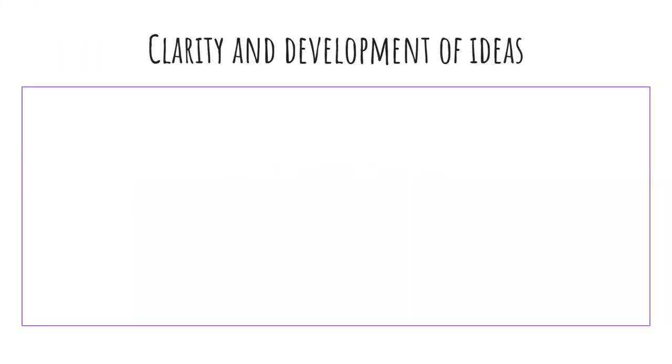First, we're going to grade you on your clarity and development of ideas. Clarity is just a really great word to use when you want to say clear. So the position that you take on your paper is going to be clear and evident. So let's say your paper is about the Dallas Cowboys being the greatest sports team of all time. That means throughout that entire paper, you're going to stick with the idea that the Dallas Cowboys are the greatest football team of all time.